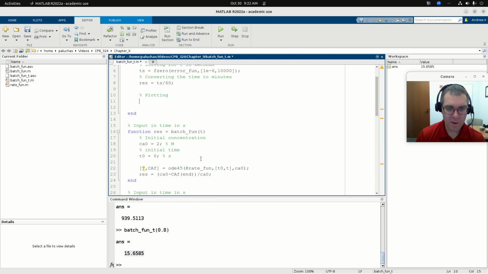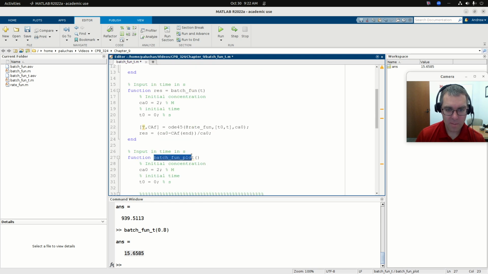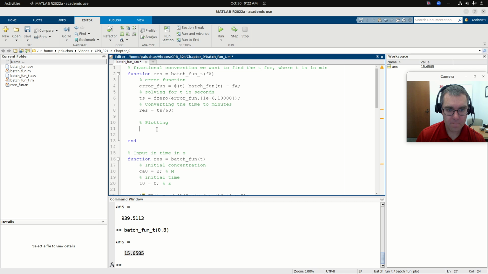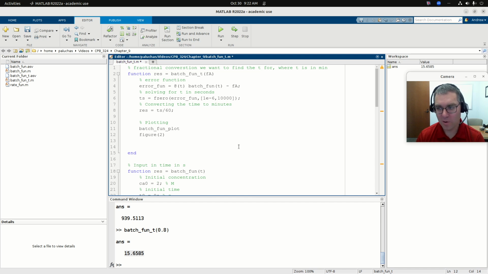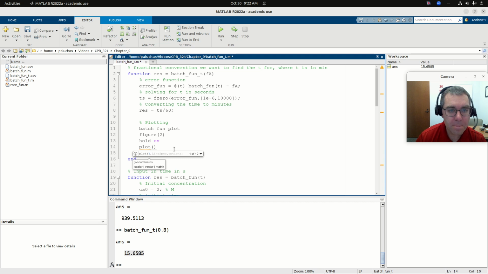And so I can start by calling batch fun plot. And then within figure 2, I could add my point and use it to check my solution. So within figure 2, I will hold on and I'll plot